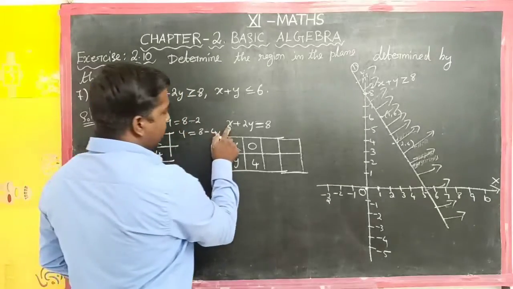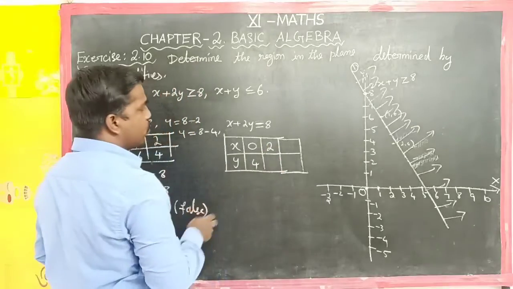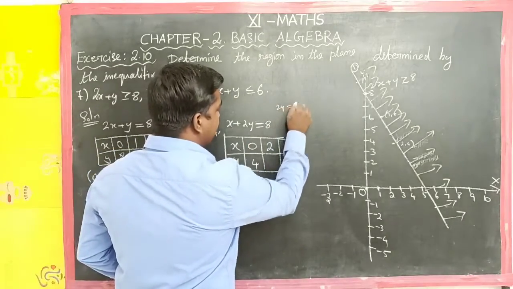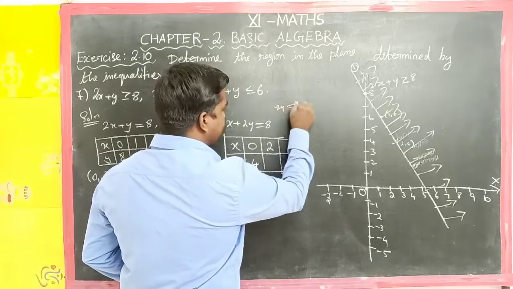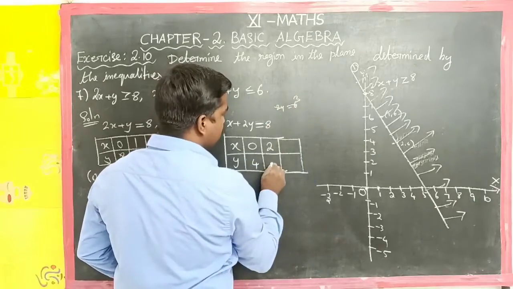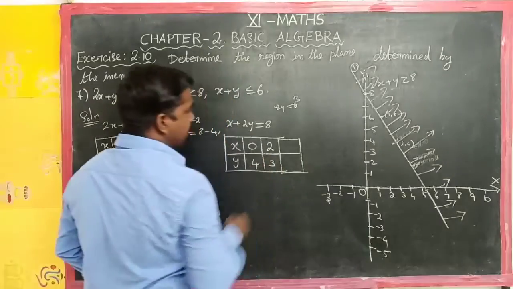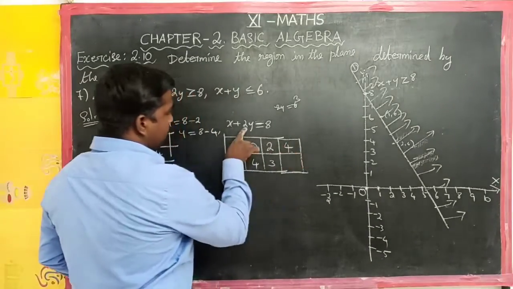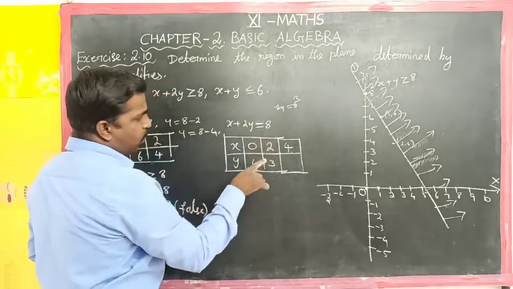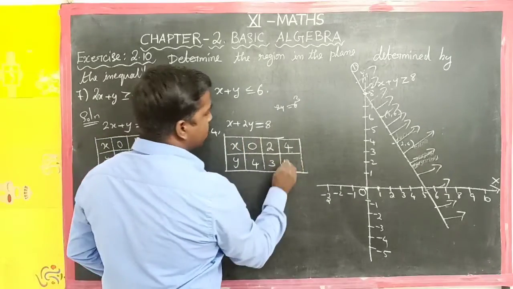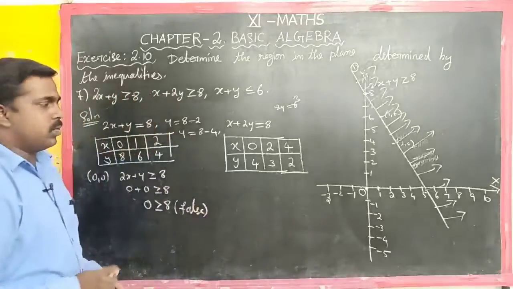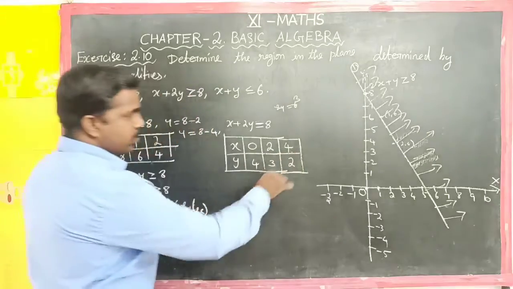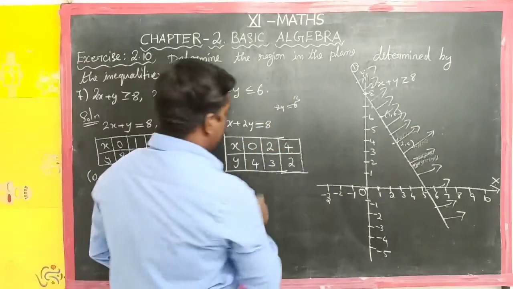Next if you put x is equal to 2, then 8 minus 2 is 6, so 2y is equal to 6, so we can cancel here, 1 2s are 2, 3 2s are 6, so we can get y is equal to 3. So next x is equal to 4, then 8 minus 4 is 4, 4 divided by 2 is 2. So we will get 2. So we have the points 0, 4, 2, 3 and 4, 2. So we can plot the points here.